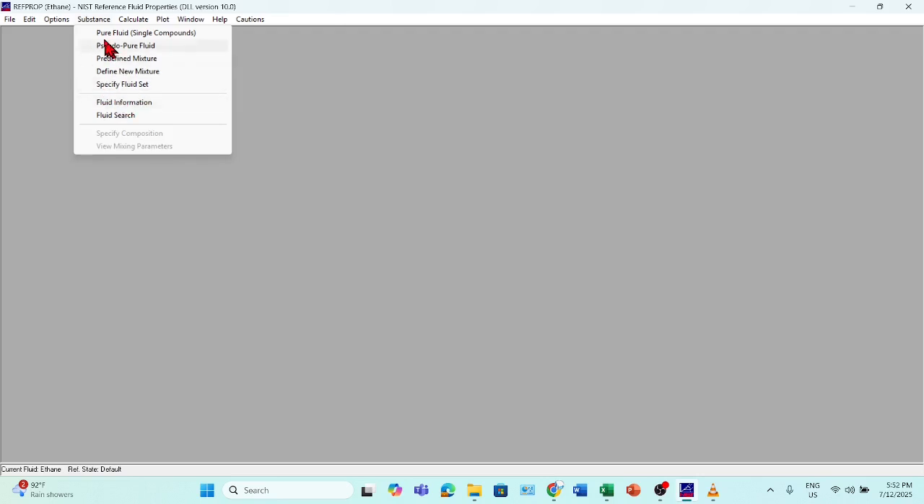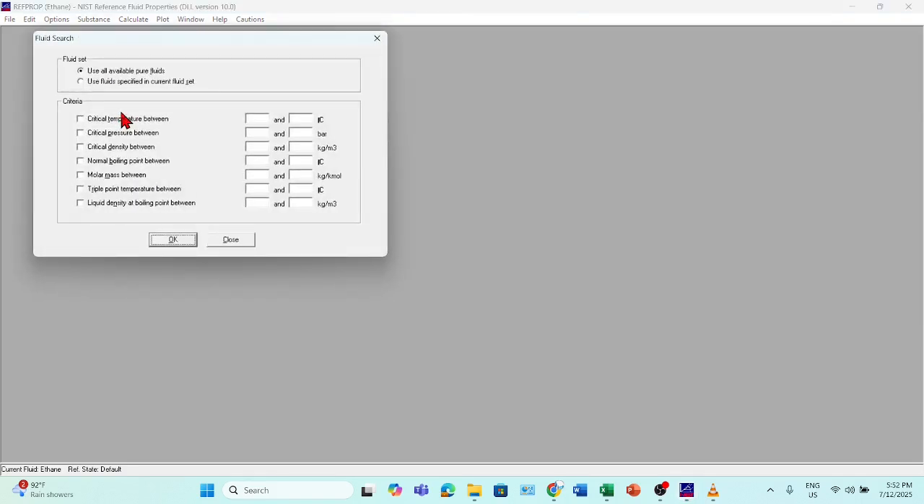And fluid information we have already discussed, and fluid search. So in the fluid search, what you can do is search a number of fluids depending upon these properties. For example, if you know the range of critical temperature or critical pressure or critical density or normal boiling point. For example, as we have created a set for ultra low temperature refrigerants, if we want to know which refrigerants occur in the temperature range of, let's say, minus 100 degrees Celsius